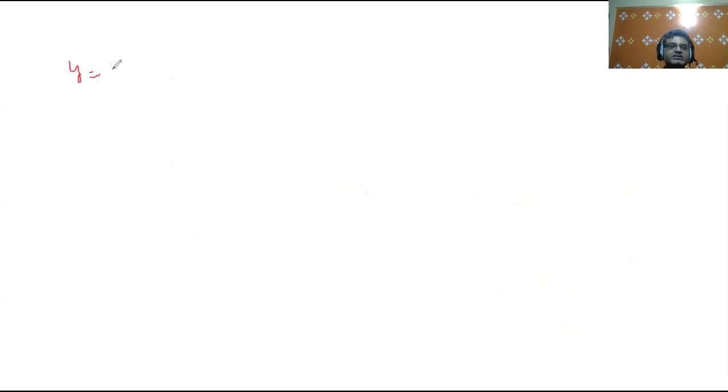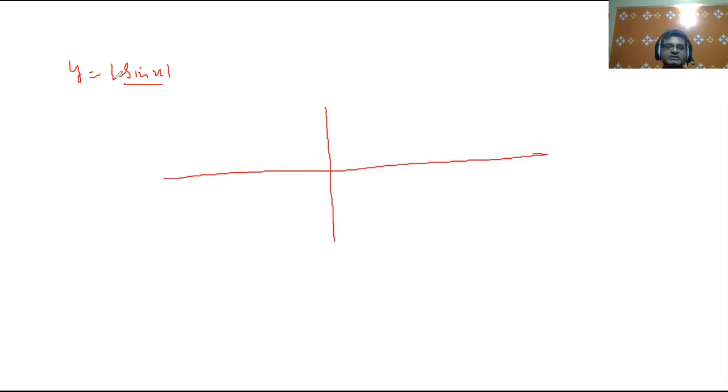Say for y is equal to modulus of sine x, then what will happen? So in this case, you can see whenever sin x is negative, it will become positive because there is a modulus. The modulus will make the negative part positive. So the graph will be like this. Negative part will become positive. It will go up to infinity. Here also